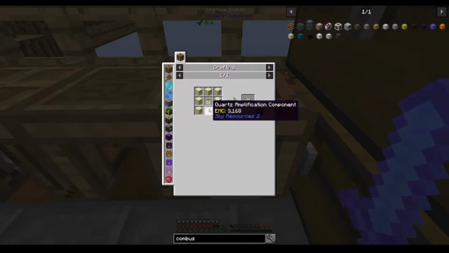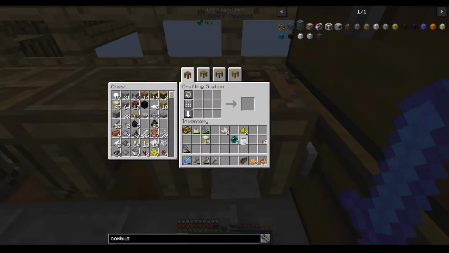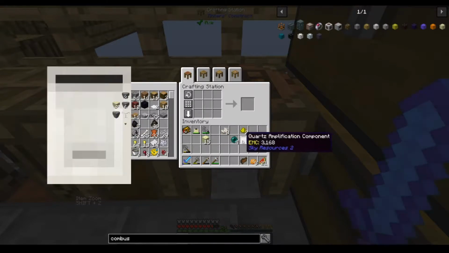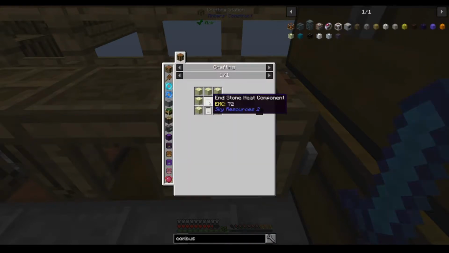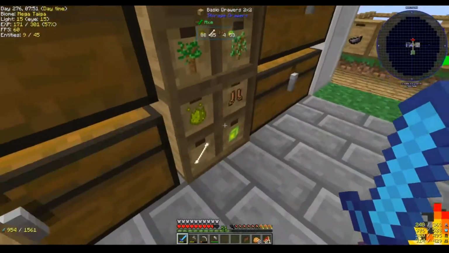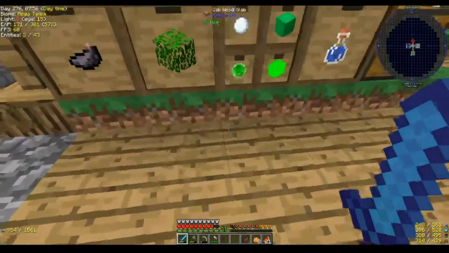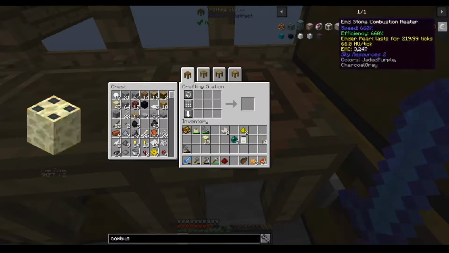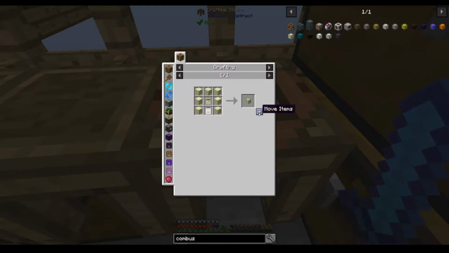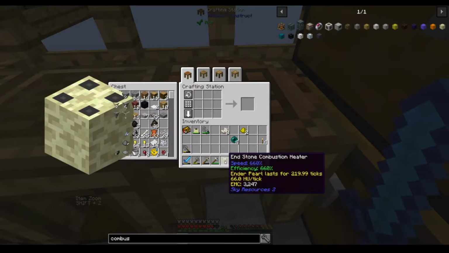We need a quartz amplification component, which that was the glowstone and the lapis, why we needed that. And we need the heat component, which I am missing a piece of redstone. So let me go get that real quick. Alright, so we got the redstone. Heat component. Now we now have a endstone combustion heater,